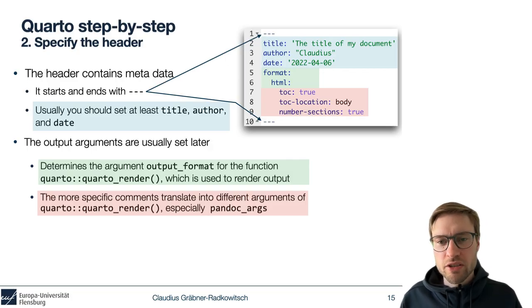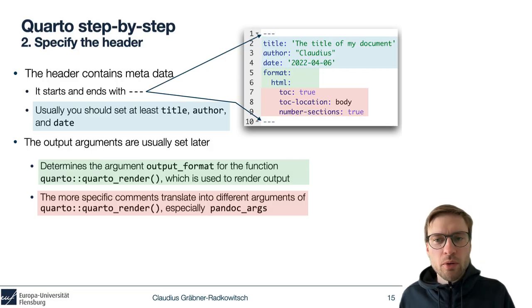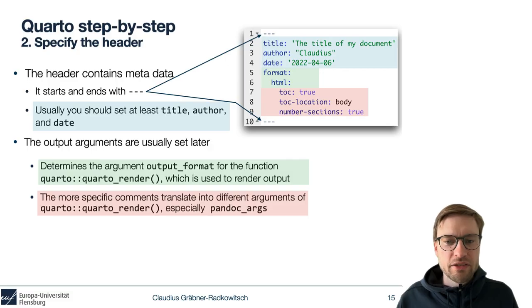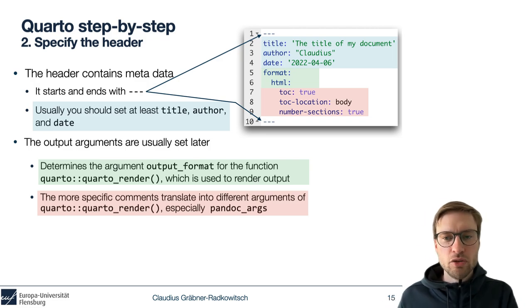This is basically the structure of this YAML language that's used over there, and it's useful because you can also specify information for more than one output format. So you could also add in line 10 information about the specifics that should be taken into account when you create a PDF document. So you could say, for example, if I render an HTML, I want a table of contents, but I don't want a table of contents if I use a PDF document. In any case, all these more specific things are translated into different arguments of the Quarto render function, especially those arguments that are actually passed over to the pandoc engine that is then used to create the final